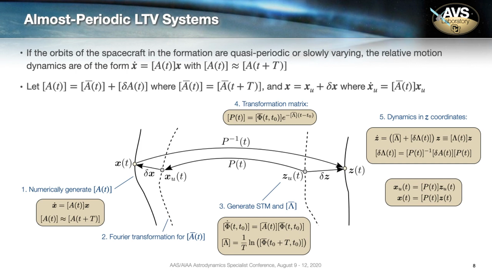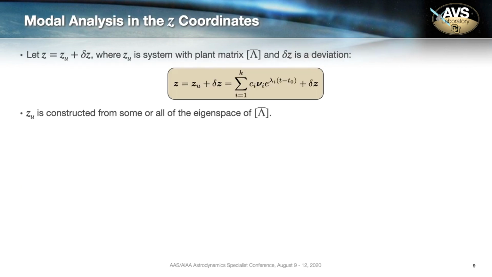So modal analysis is performed in this ZU space, and it is relatively straightforward to examine the relationship between X and ZU by looking at how ZU relates to Z. So expanding on what I just said, we let Z be equal to ZU plus a deviation, where ZU here is constructed from some or all of the eigenspace of lambda bar. We can show that Z and ZU are similar for some time